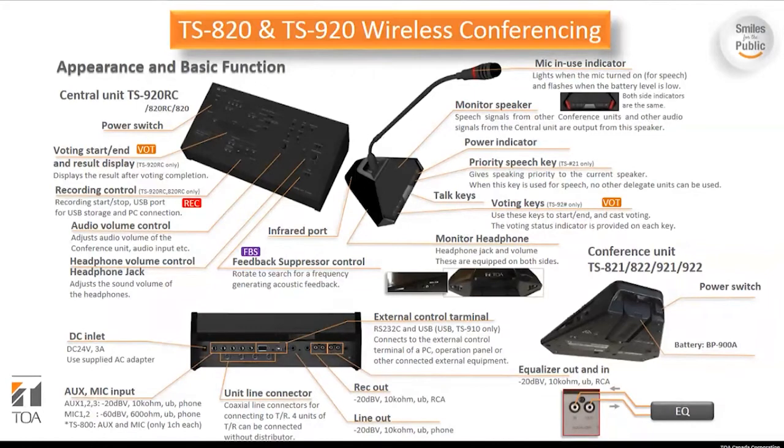More up towards the top, of course, on the microphone side of things, we have a mic in use indicator, which is new to the system at the top of the gooseneck. Of course, the monitor speaker is there on the base of the microphone. There are headphone jacks on either side of the